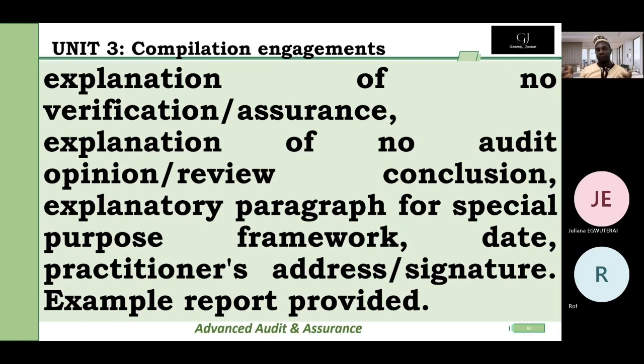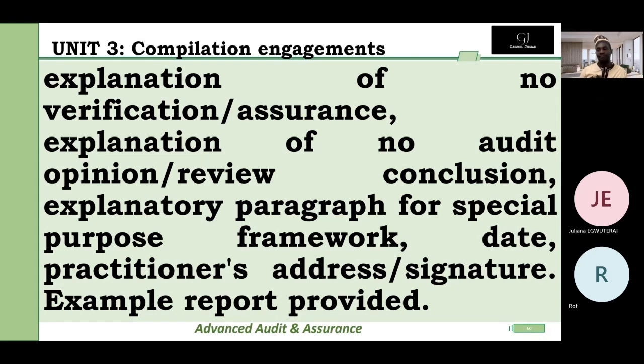Also, an explanation of no verification or assurance, because you can't be a maker and a checker at the same time. So it's a maker's job. You are preparing financial statements or compiling tax returns. So you are not doing any checking, you are not reviewing. And the explanation of no audit opinion should also be stated there,